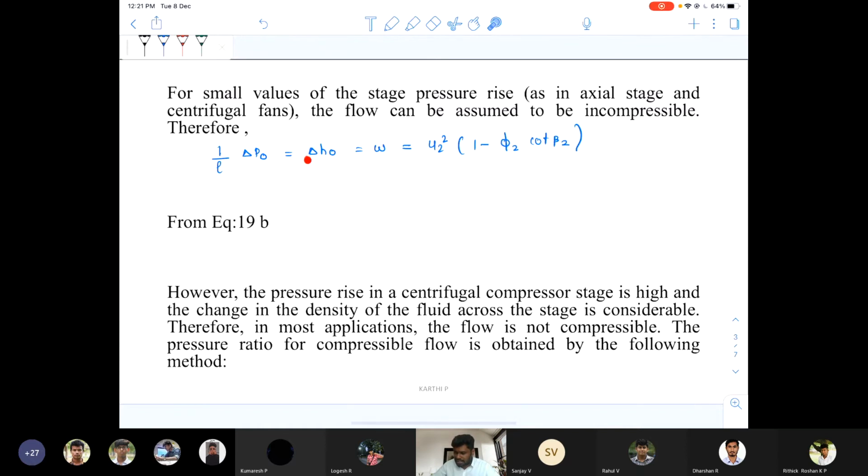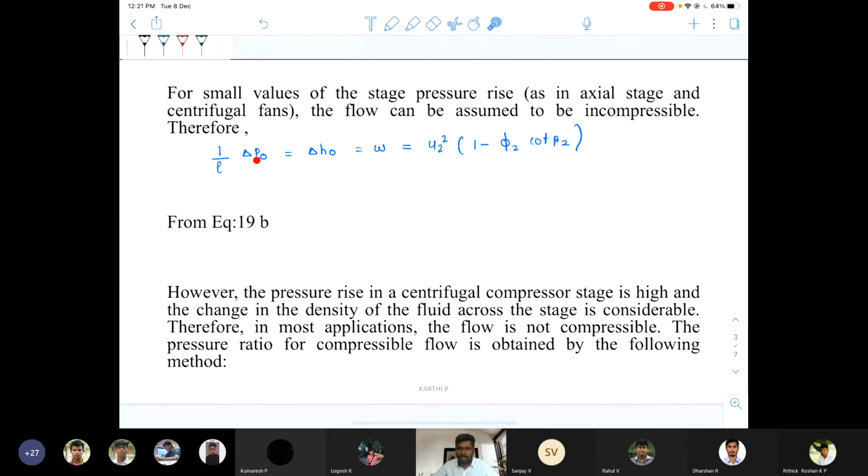Therefore, delta H naught is equal to W, and we know that W is equal to U2 square into 1 minus the flow coefficient at the exit into cot beta 2. This is how the equation has been derived, and delta H naught is equal to 1 by rho times